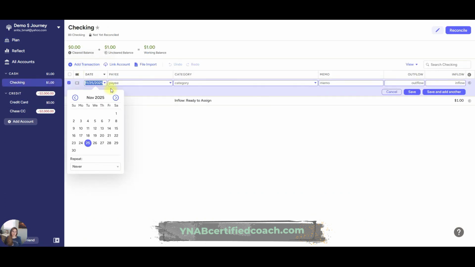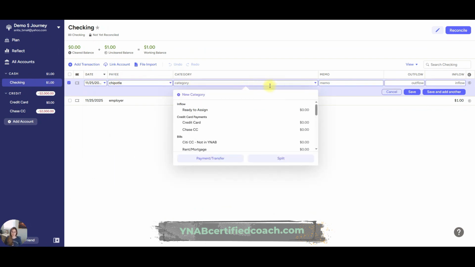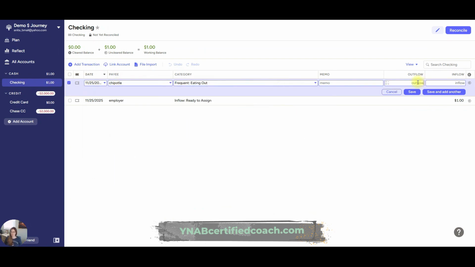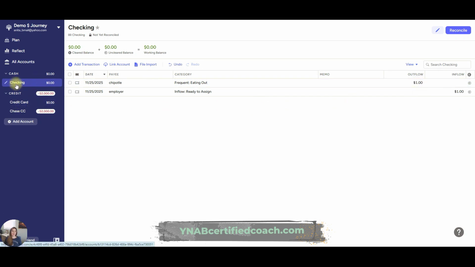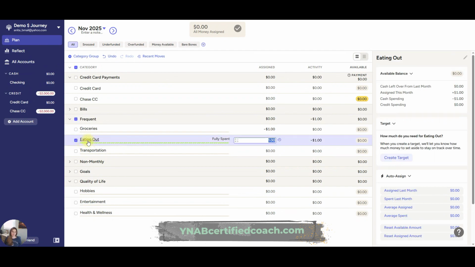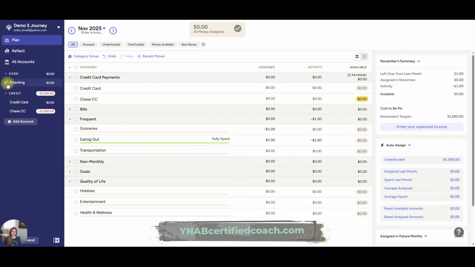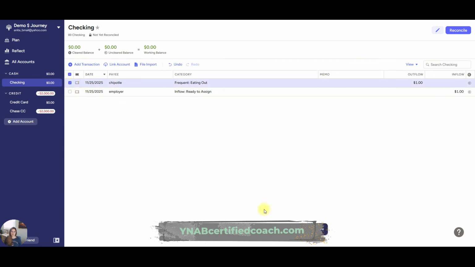So if I go to Chipotle, and let's say I spent that dollar, it's going to be eating out. I know there's no way to spend $1 at Chipotle, but just bear with me. Now that checking account balance is showing $0, nothing left. We used a debit card. It's gone. It's over. So here you see that dollar is here, activity, and nothing is left available in that category. So let me just delete that transaction from the checking account